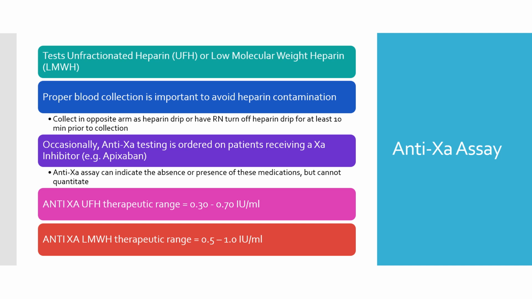Occasionally, that anti-10A testing is ordered on patients who are receiving 10A inhibitors, such as rivaroxaban or apixaban. Sometimes we call these direct oral anticoagulants. Normally, anti-10A assay can indicate the presence or the absence of these medications, but cannot quantitate. However, we do have a new policy here at St. Luke's, where if it is requested by the pharmacist or the physician, we can go ahead and dilute the testing to give them a quantitation, even though we don't give them necessarily a value. We do document the value